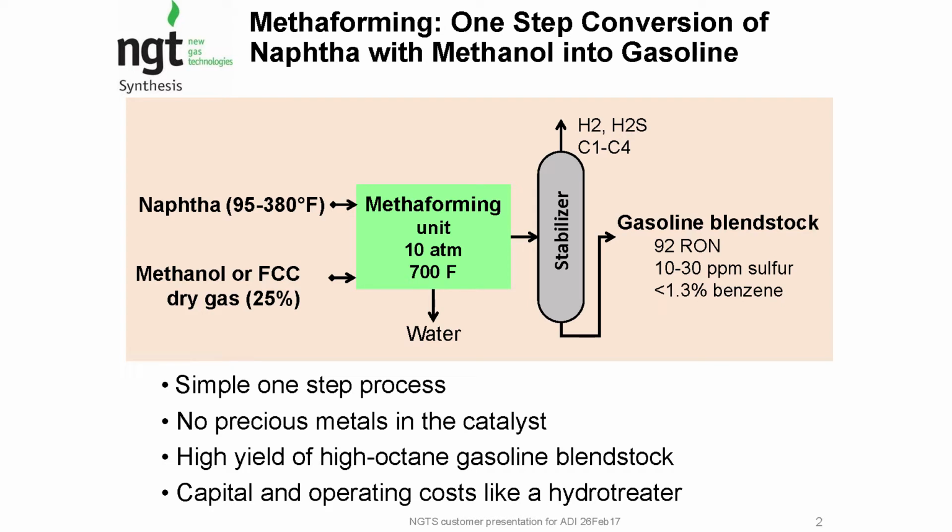I'm president of NGTS. We have a catalyst and process that converts naphtha into gasoline at 1/3 of the cost of current technology, full cost. Let me show you a little bit about the technology so you can see why. It's a one-step process in which naphtha and methanol are reacted over a zeolite catalyst, and you produce yield similar to a reformer. You stabilize it, you get a 92 to 95 octane product, which fortunately has 90% of the sulfur removed